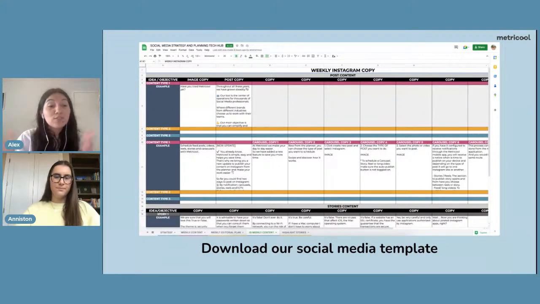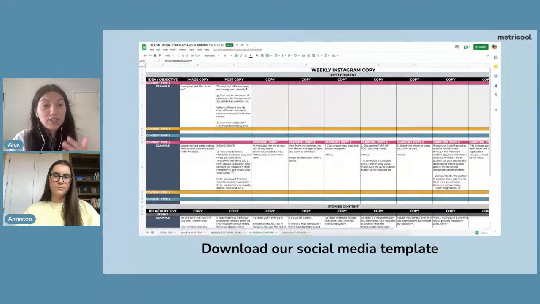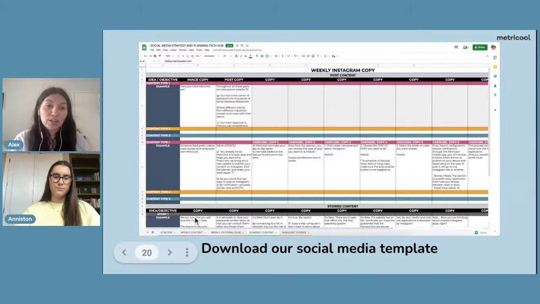Yeah. So with this social media template, it'll be super easy for you to plan out your content, and it's customizable to however you want. But like Aniston said, she'll paste the link in and you can get a better idea of how to use it. But it's really nice that it'll break it up by the week, or however you want to do it, like the weekly content, daily content, or if you even wanted to use it for your monthly content. It's super easy to customize to your liking on how you want to plan your content out each week. We personally do it on a weekly basis with ours.